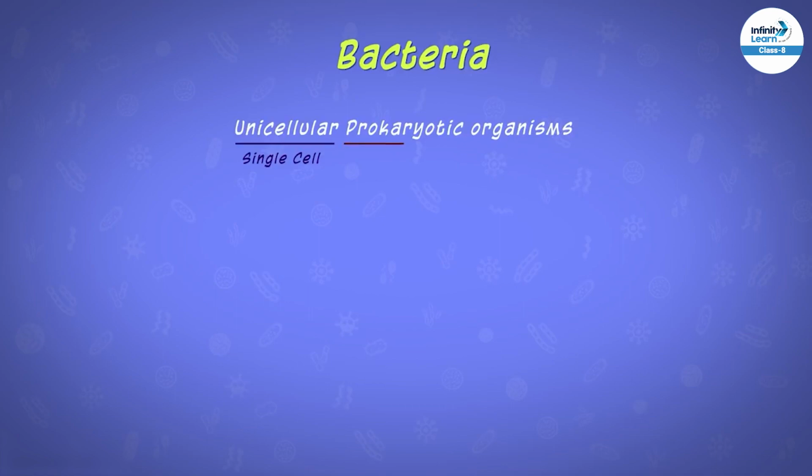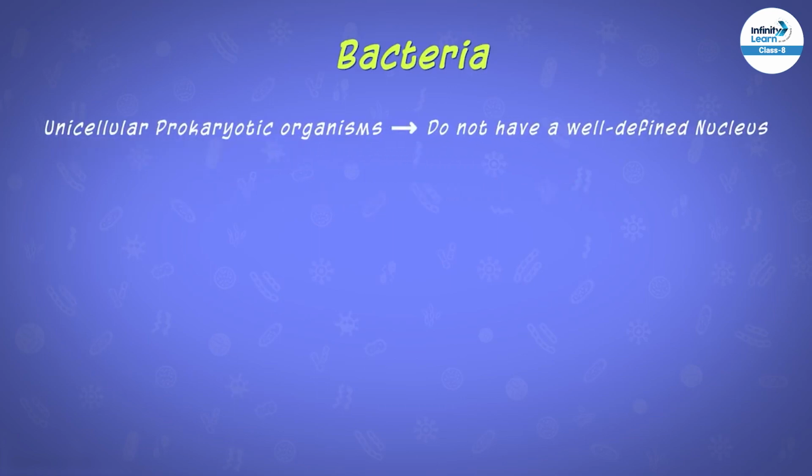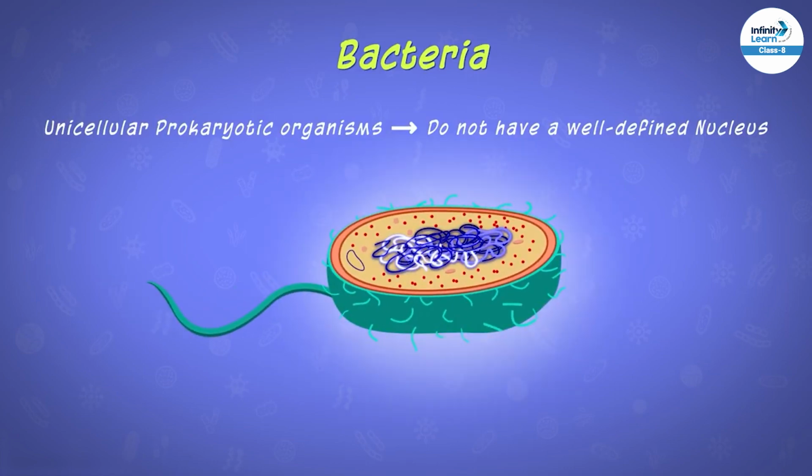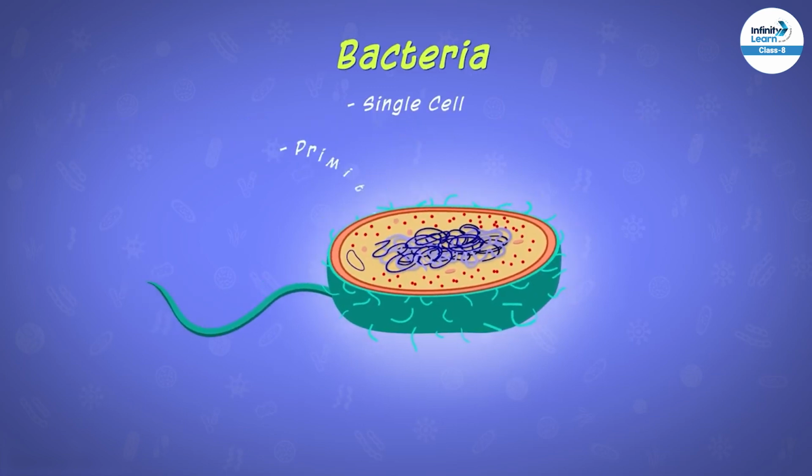And what do we mean by prokaryotic? Well, the word arises from 2 Greek terms. The term pro means before, that refers to primitive form, whereas the term karyon means kernel or nut, and here it refers to a membrane-bound nucleus. So prokaryotic organisms are those which do not have a proper well-defined nucleus. As we can see here, in these organisms, the genetic material is randomly scattered in the cytoplasm. So when we say that the bacteria are unicellular prokaryotes, it means they have a single cell which is of a primitive type without a well-defined nucleus.